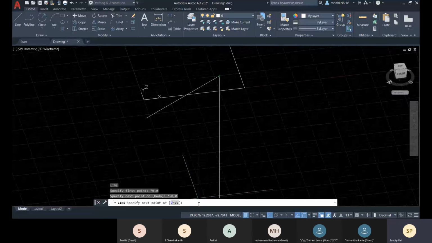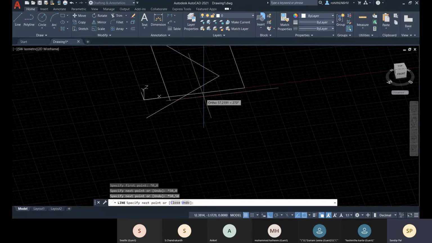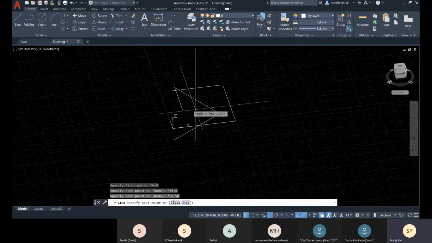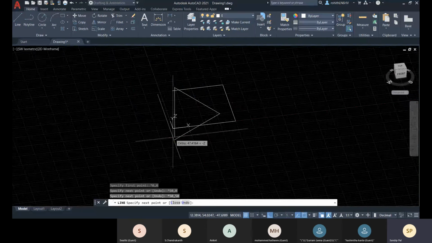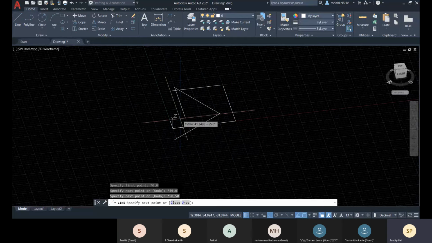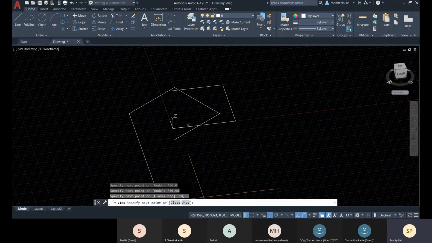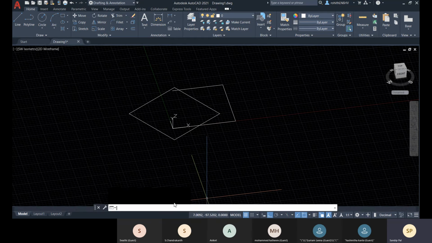And now let me again go with star 50 comma 50, enter. You see that this is the WCS positive direction of your axis, right? Let me go with star 0 comma 50, and now let me just close it.